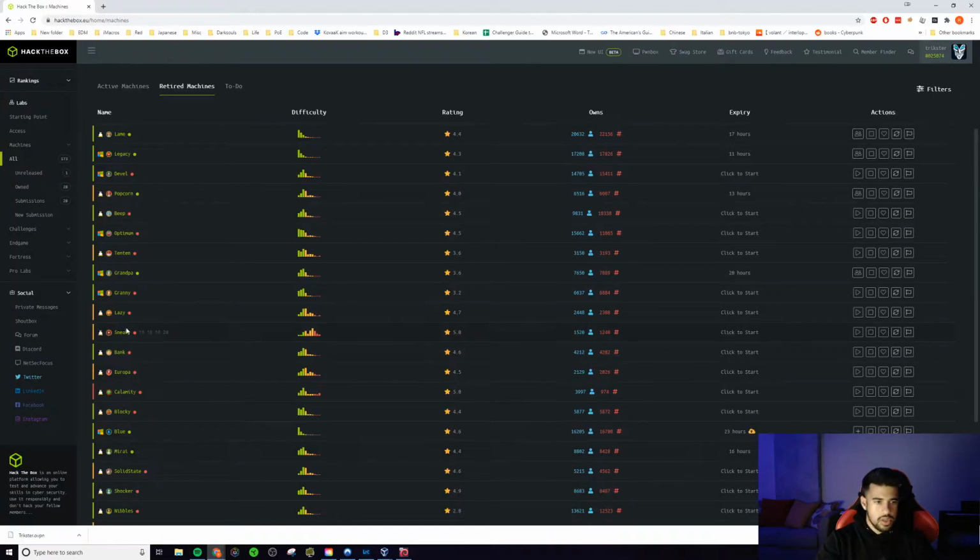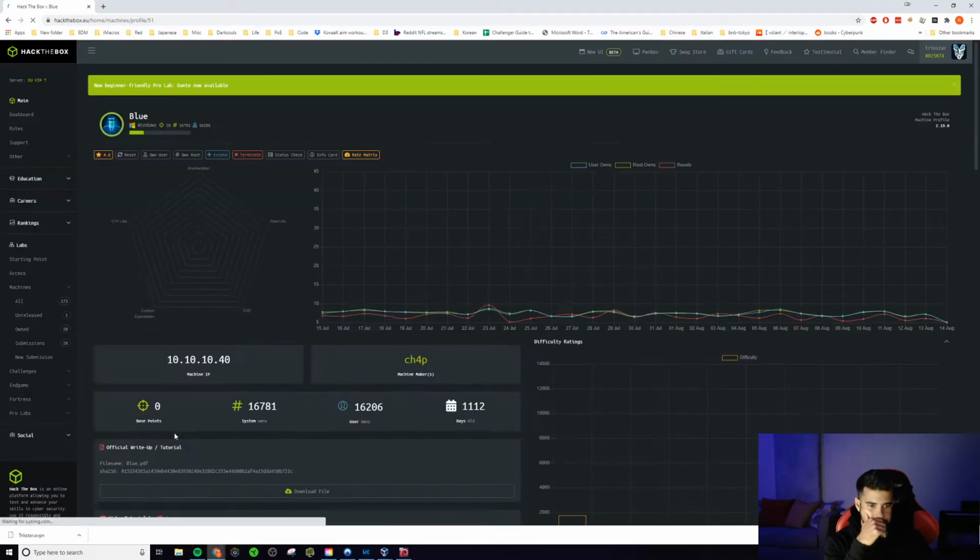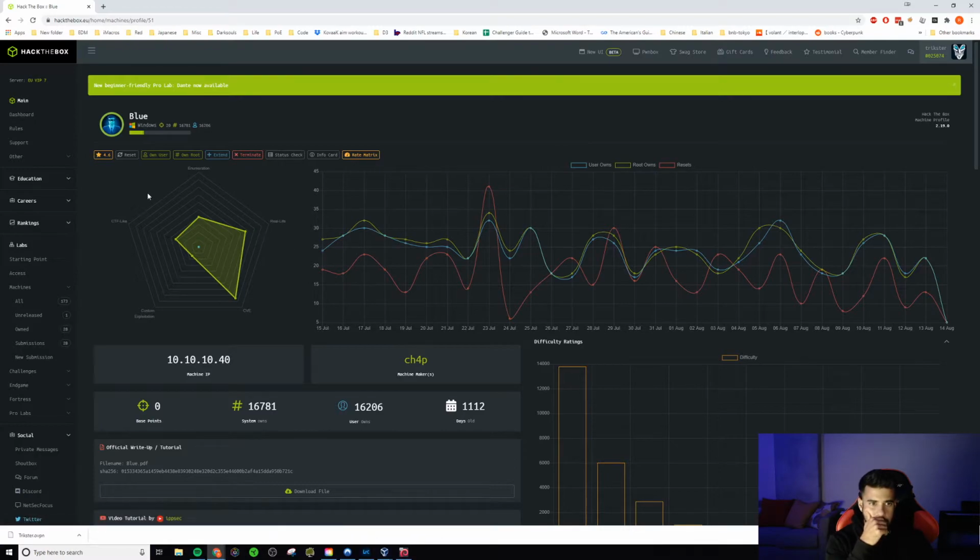really, you just go in here, and you just click on whatever box you're doing. And then you say own user, and you put in the user flag, own root, put in the root flag, and then you'll get credit for completing the box. And that's really all you do for all these boxes in order to complete them